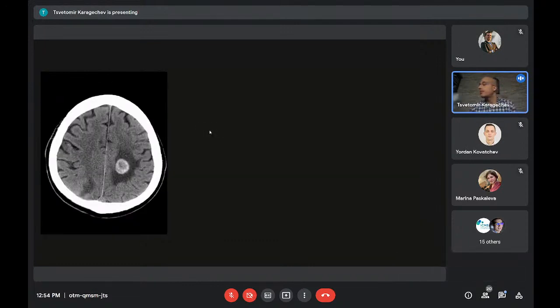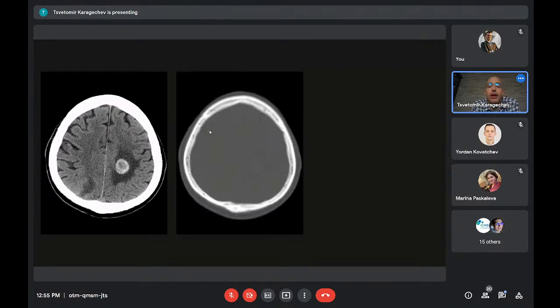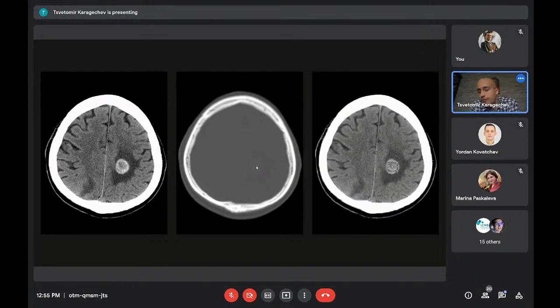When you look at this example, I think you're recognizing this is something like the case that Dr. Kovatchev showed you. There is a hyperdense lesion inside of the brain parenchyma, but there is too much edema around it. And if you look at it, it kind of looks vasogenic, doesn't it? On the bone window, we are kind of able to notice it, but not entirely. So it's definitely not as dense as the cortical bone. And if we put the measurement around it, that measures the Hounsfield units, it's around 40. So this is blood.